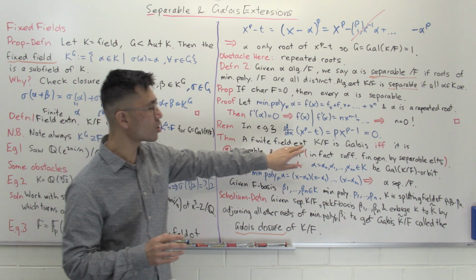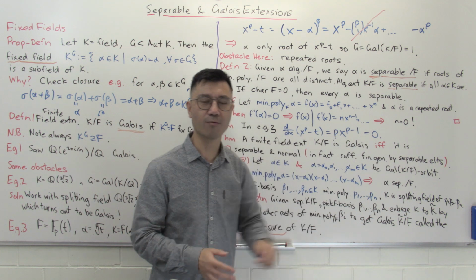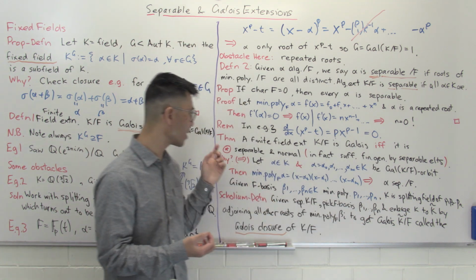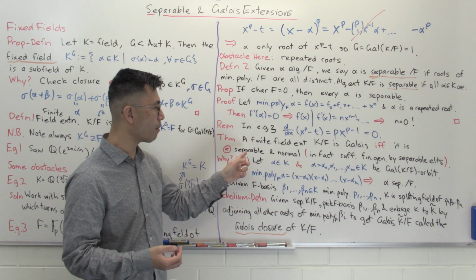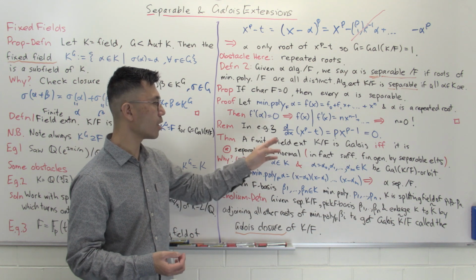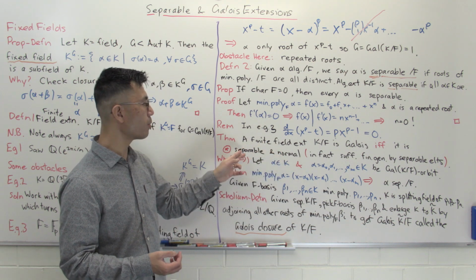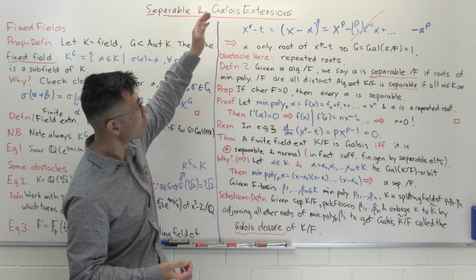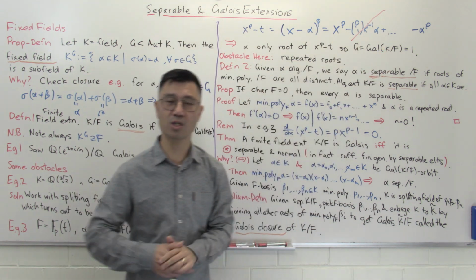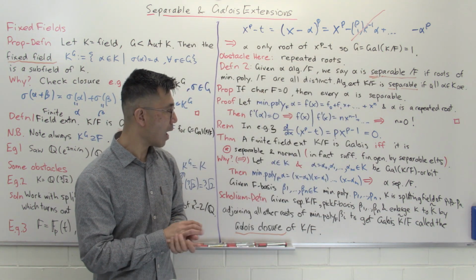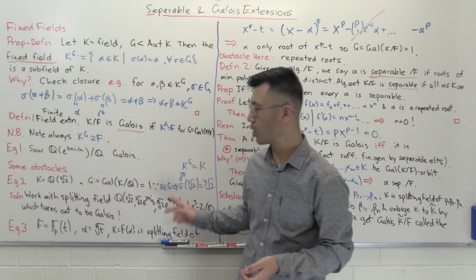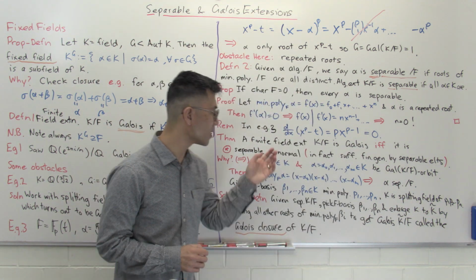A finite field extension K over F is Galois if and only if we have a lovely criterion for it that's given like this. It's firstly separable, and secondly normal. Separable, to ensure that you don't get this situation here of repeated roots. That's just a hypothesis we have to throw in. And then the other obstacle you had was not enough roots, so we want normality, that it's a splitting